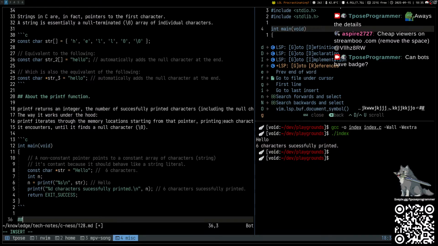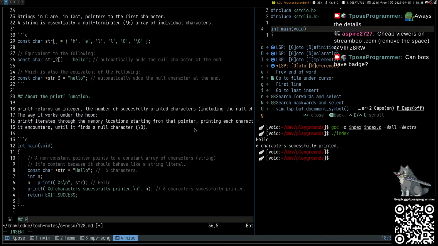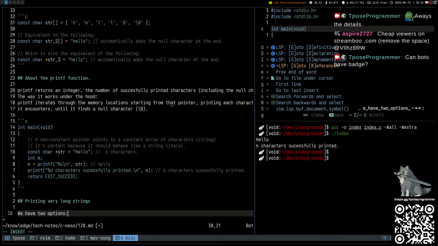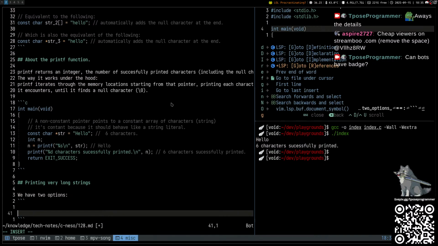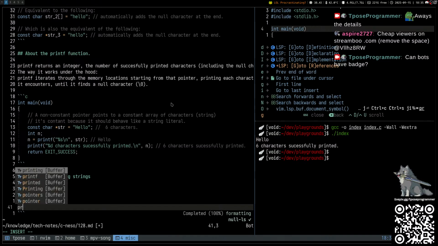And printing very long strings. We have two options. So we can, how is this? So we can